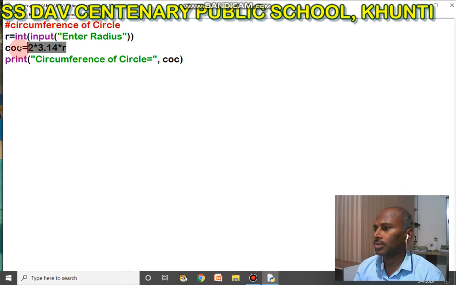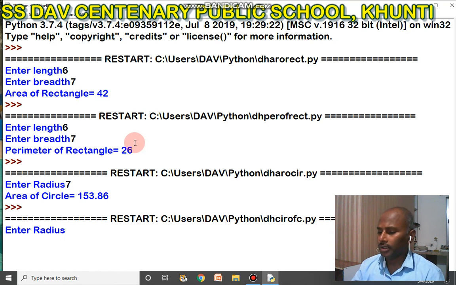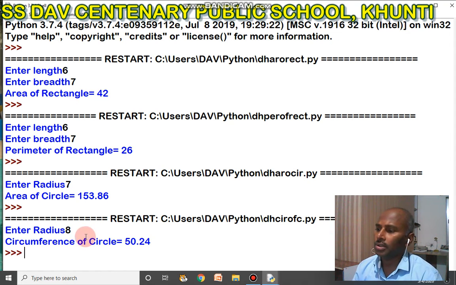This calculation is stored in the COC variable, and in this line I want to print the value of COC, and this is the message. Now run this program. Enter radius 8. This is the result of circumference of circle.